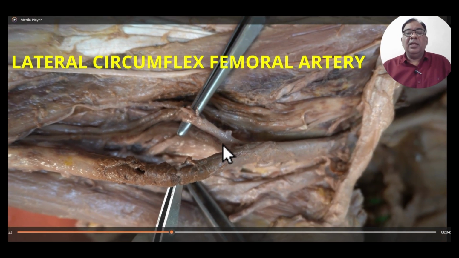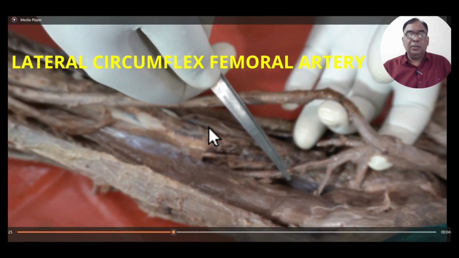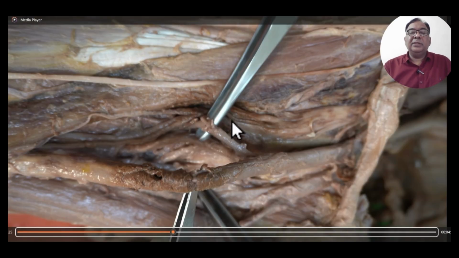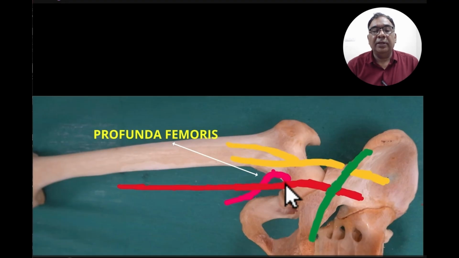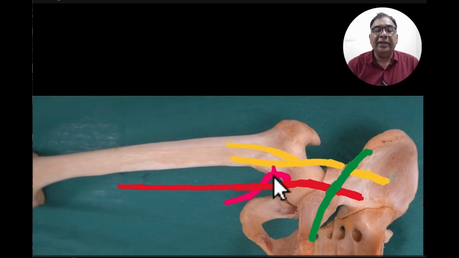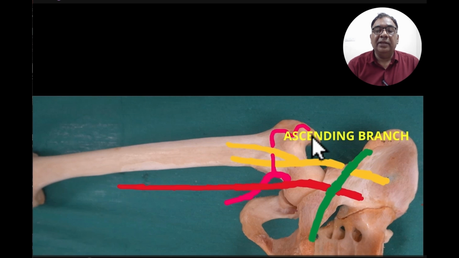This branch is called lateral circumflex femoral artery. It passes between two divisions, anterior division and posterior division of femoral nerve and then divides in three branches: ascending branch, transverse branch and descending branch. In this video you can see lateral circumflex femoral artery arises from profunda femoris and it passes laterally between two divisions of femoral nerve. This is femoral nerve and here it gives ascending branch, reaches the trochanteric fossa and takes